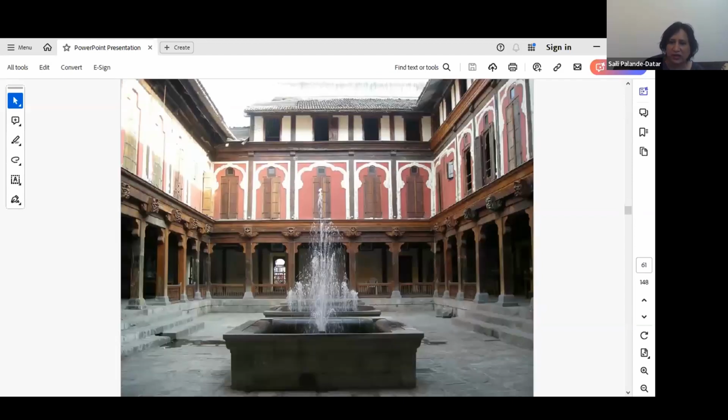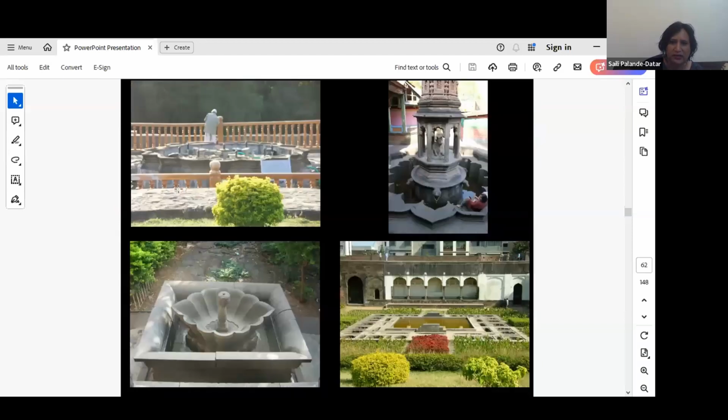And courtyards, again the ones which are decorated and used for entertaining guests, have these kinds of fountains which were irrigated using the Neher kind of systems that I'll be talking about in a later period. We see different kinds of fountains, like the one here called Hazari Karanja, which had almost more than 900 spouts. We see the ones which are carved in stone, like these ones. This is Chiman Bagh